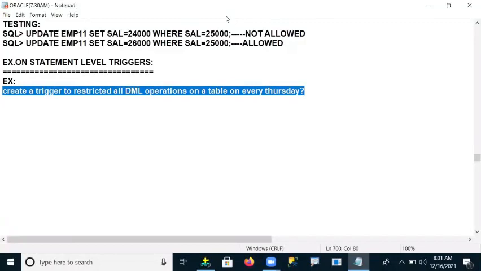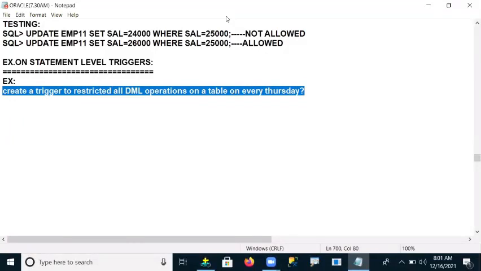This is not only one particular time. It is every Thursday, which means it is a lifelong condition. Every Thursday, when you perform DML operations, those are not allowed.